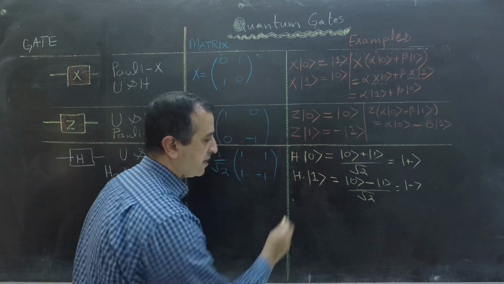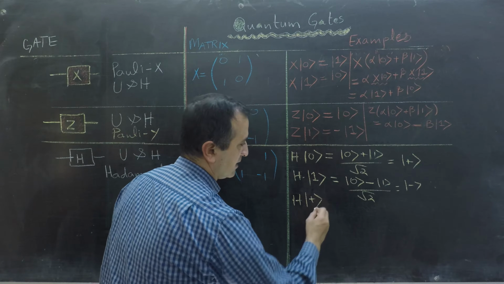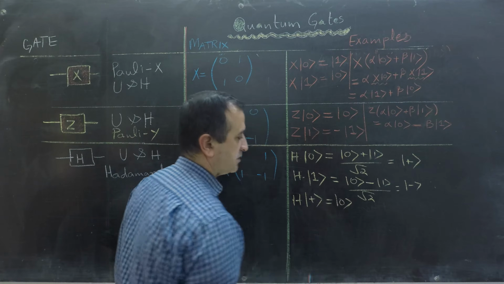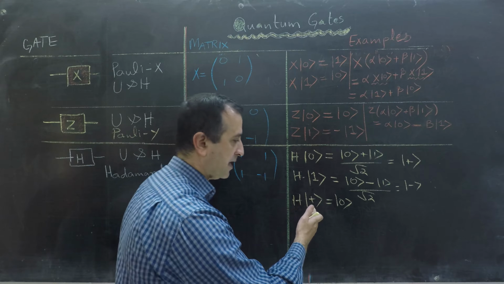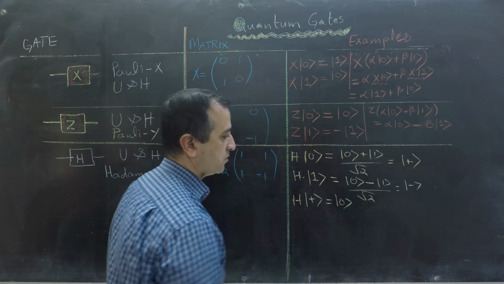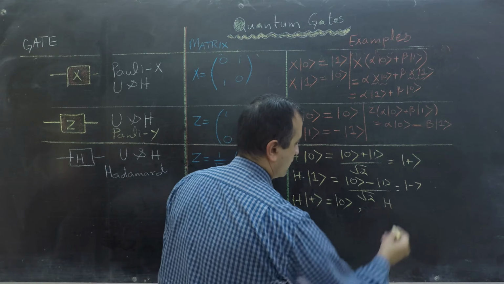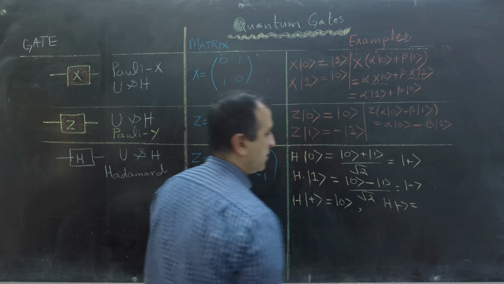So if I put Hadamard gate on input ket plus, then my answer will be ket 0 because this gate is reverse of itself. So it takes input ket plus and gives us output ket 0. Similarly, if our input of this gate is ket minus, then our output will be, guess,